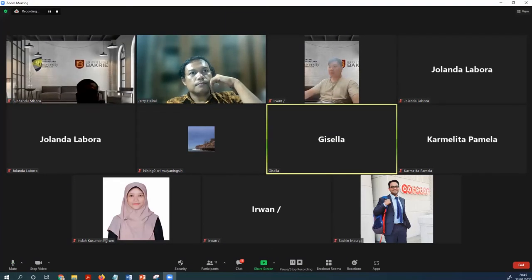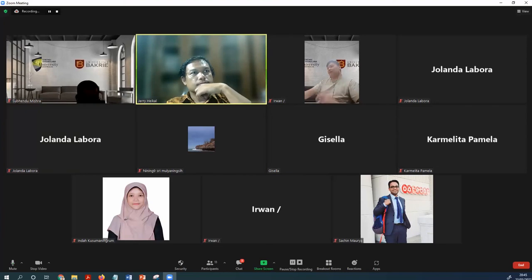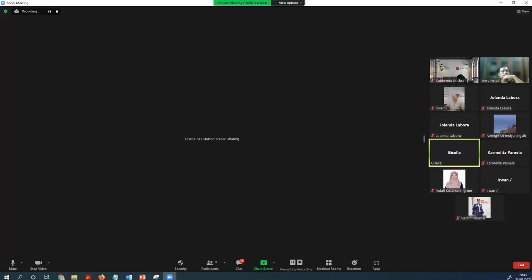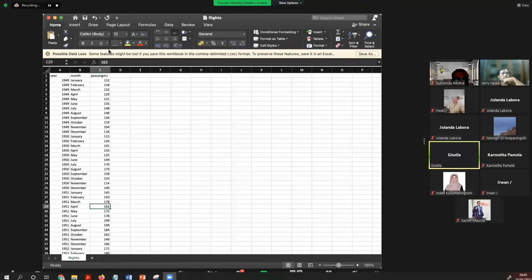Yeah, I already separated it using text to column. But when I save it, it looks like this. I use the comma delimited CSV format to save the file, and it was saved in CSV format. But when I copied the file path, it looked like that.